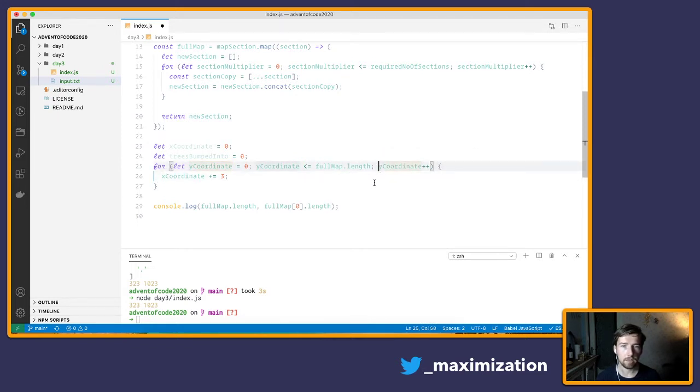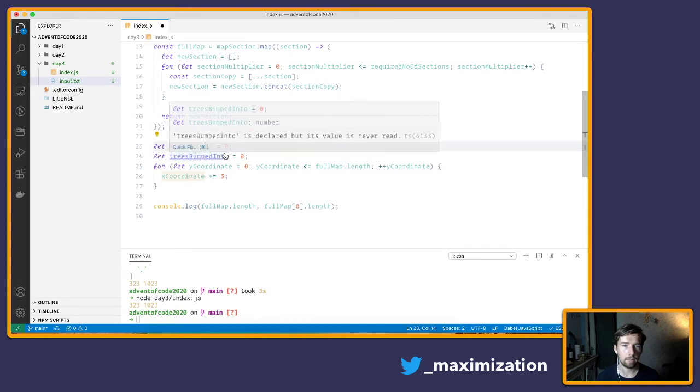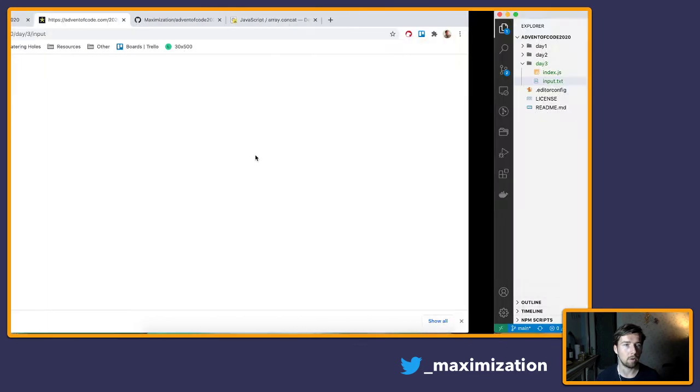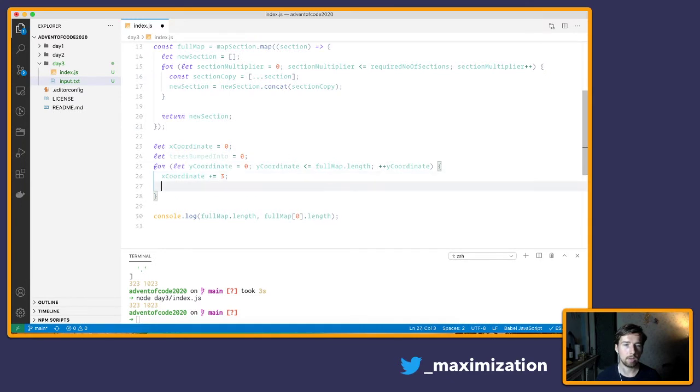Because the first thing we do is go 3 to the right, 1 down, we need to actually add the 1 to the coordinate before we use it. So now we have our position. I think so. Now in our first iteration, x should be 3 and y should be 1. And then using that, we can find the